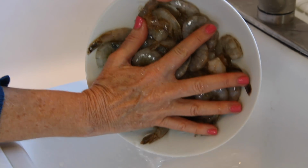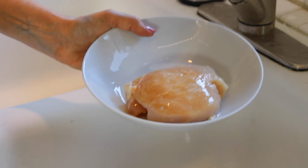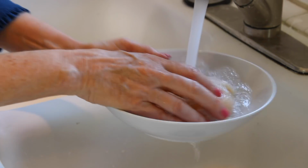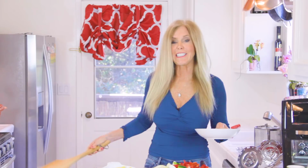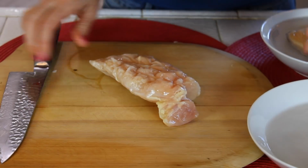That's great. And I'm checking my chicken. It's still kind of frozen. It is not ready, so I'm going to change the water. Frozen chicken breasts take a little bit to defrost. Breaking them out maybe an hour early is good. I didn't. But we have the magic of TV, and by the time I'm cooking this, because it takes a long time to film,